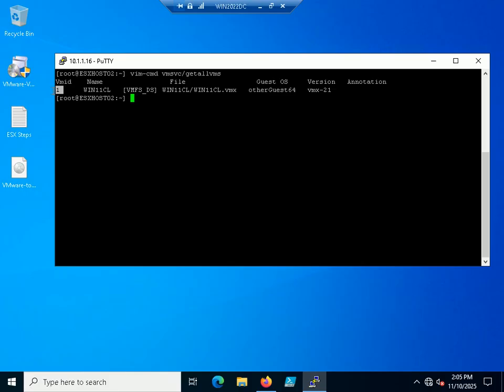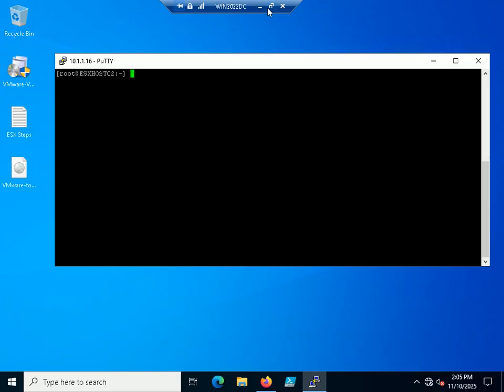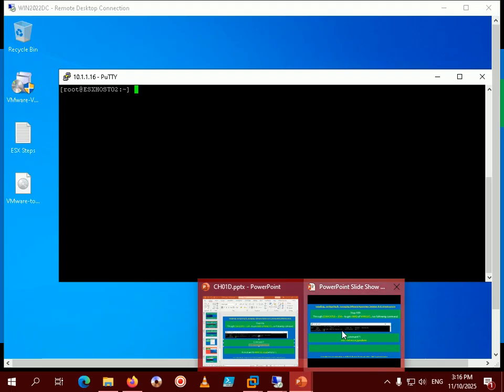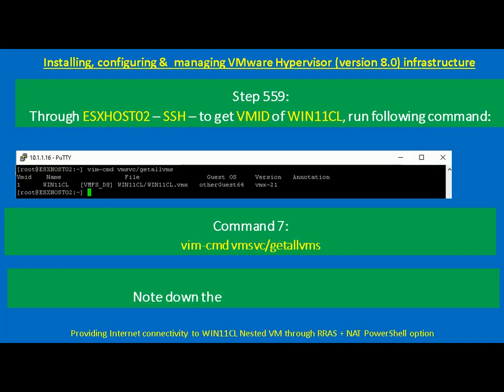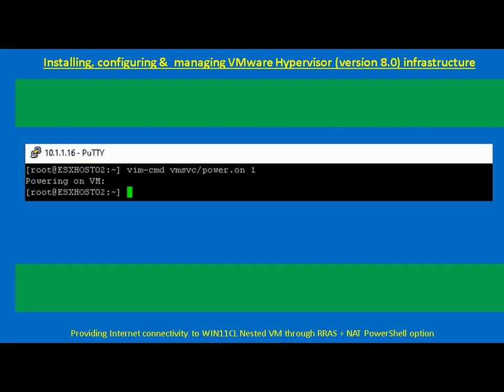The VM ID is 1. Okay, this we need to just note down. Now let's move on to the next step. So we have already noted down the Windows 11 CL VM ID, which is 1, correct? So next step is,